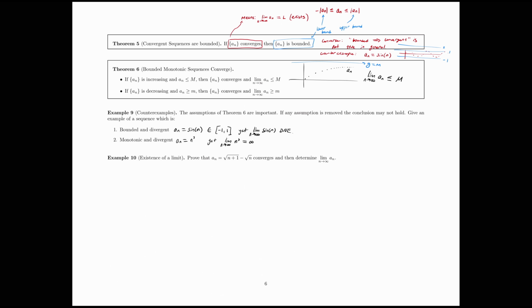We could show that this sequence is monotone and that it's bounded either above or below, depending on whether this is an increasing or decreasing thing. Okay? So one way we could go about doing this is the